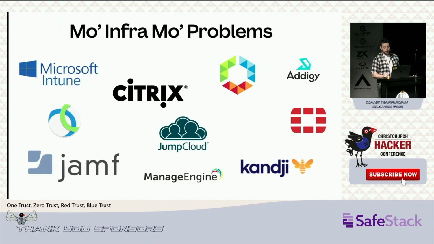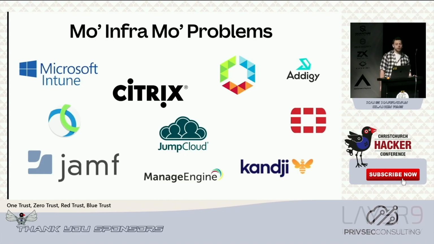So speaking of which, said infrastructure can introduce some pretty solid surface area. So for instance, MDMs and VPNs can be pretty great avenues for credential validation, password spraying, and general shenanigans. It's not uncommon for a lot of these to have pretty lackluster controls or super crusty APIs that you can hit for enumeration and exploitation.